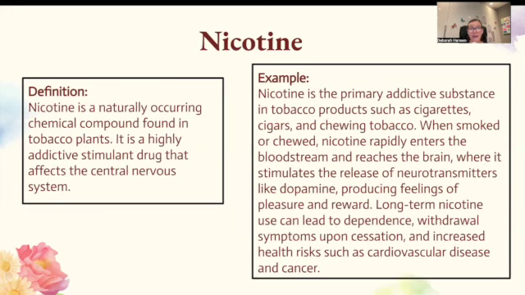Nicotine. Nicotine is a naturally occurring chemical compound found in the tobacco plant. It is a highly addictive stimulant drug that affects the central nervous system. Nicotine is the primary addictive substance in tobacco products such as cigarettes, cigars, and chewing tobacco. When smoked or chewed, nicotine rapidly enters the bloodstream and reaches the brain, where it stimulates the release of neurotransmitters like dopamine, producing feelings of pleasure and reward. Long-term nicotine use can lead to dependence, withdrawal symptoms upon cessation, and increased health risks such as cardiovascular disease and